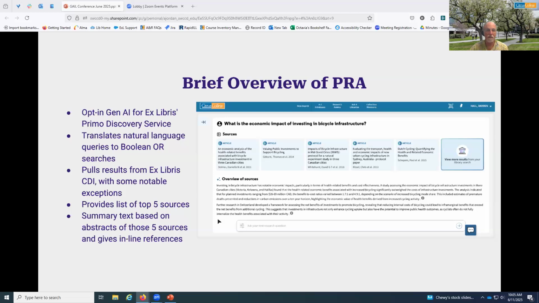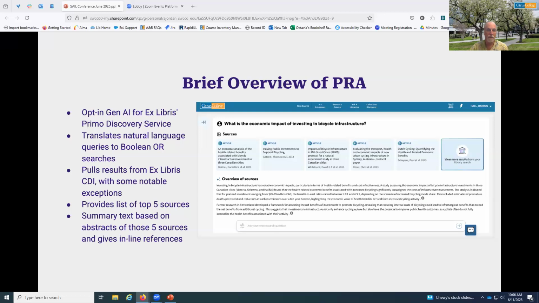The citations are listed at the top. And then it generates an overview of those sources. That's the generative AI portion of it. And that is then based on the abstracts of those top 5 sources. And it also gives inline references to the sources in its overview.